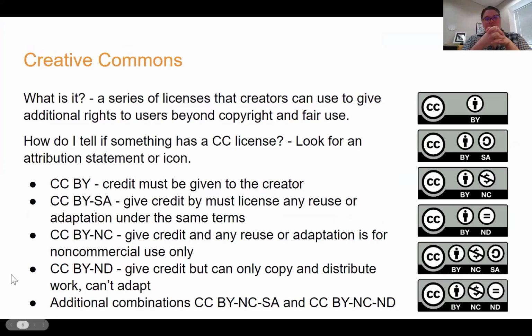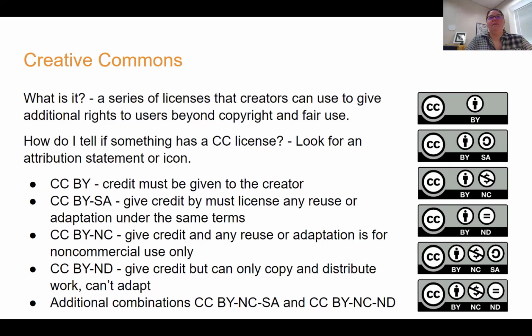Probably the easier way to tell if you can use something is if it is licensed, and the Creative Commons licenses are probably the most well-known, and personally the easiest to at least try to understand how you can use something. And these Creative Commons licenses can be put on pretty much anything that can be copyrighted. So textual, visual, audio, image, anything again that could hold a copyright can have a Creative Commons license put on it